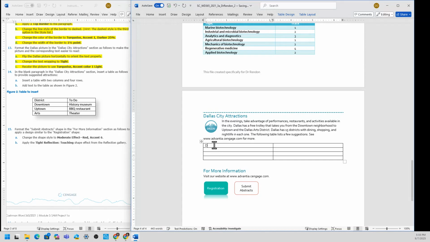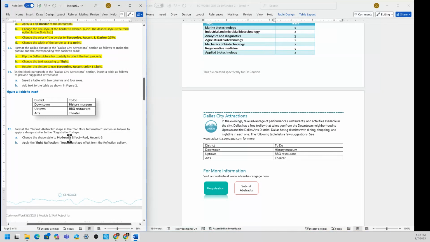So here, district, tab to the second column, tab again to the first column, second row, downtown, tab, type history museum, make sure it's the right spelling, then uptown, tab, BBQ restaurant, tab again to the last row, arts, tab to the second column, last row, theater. There you go.